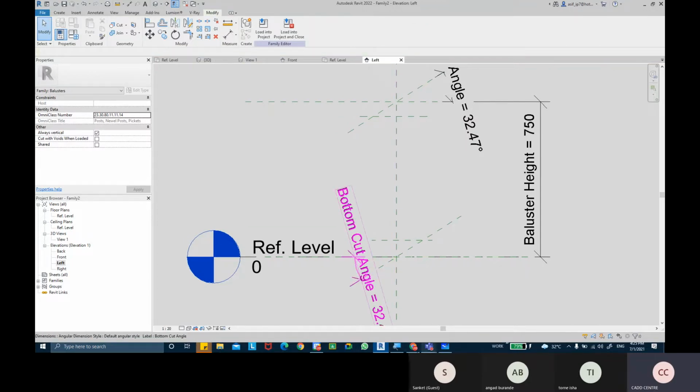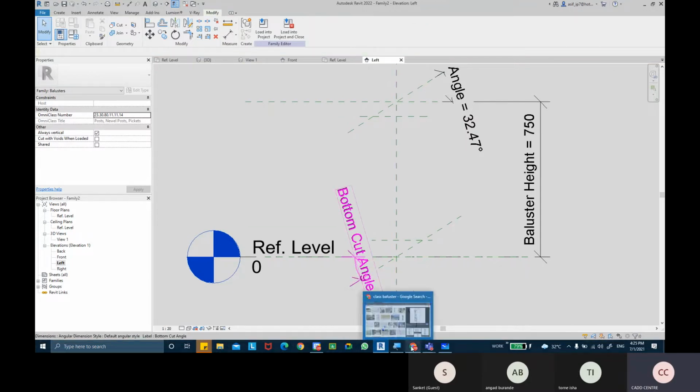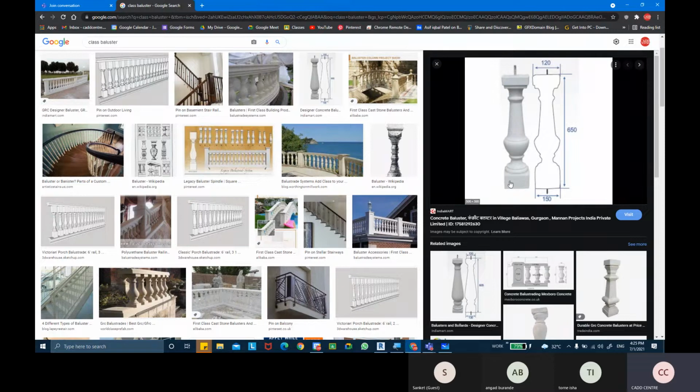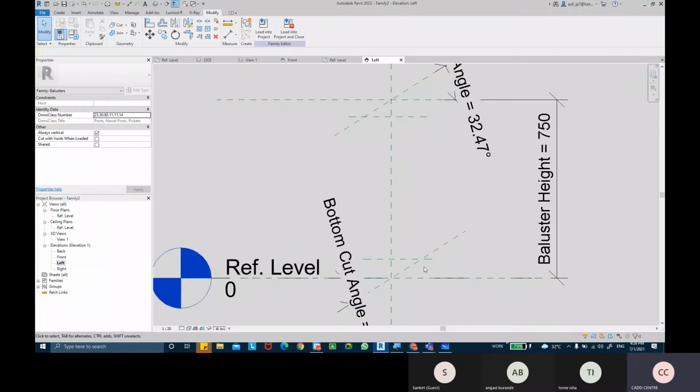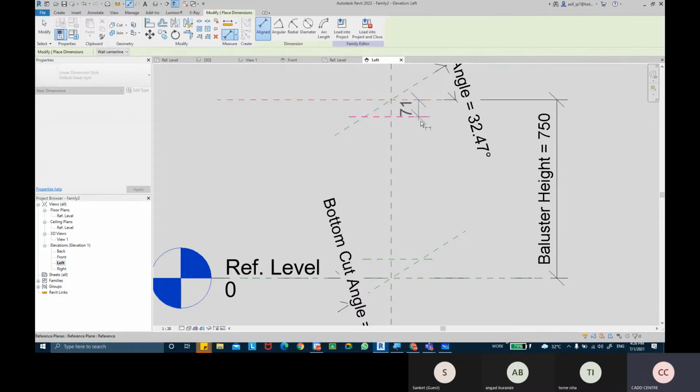That's for the square height. I'm deciding what will be the height of each of these squares. We can give parameters as well, so that I can control the height of those squares. So I can take the align dimension tool and create dimensions.